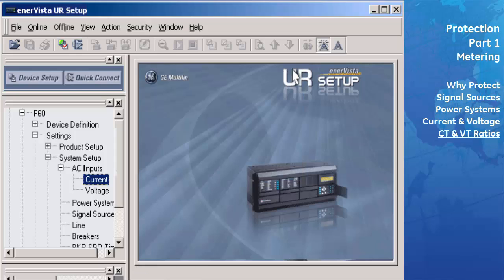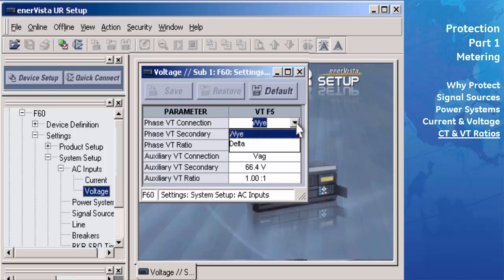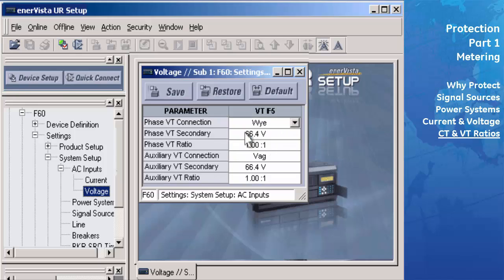To configure the voltage ratio for each set of voltage inputs, open the Voltage menu window. In the phase VT connection field, select either Y or Delta from the pull-down menu to match your wiring configuration. The phase VT secondary field represents the voltage being applied to the relay under normal conditions. To obtain the value needed to be entered here, you first need to determine whether your VTs are connected in